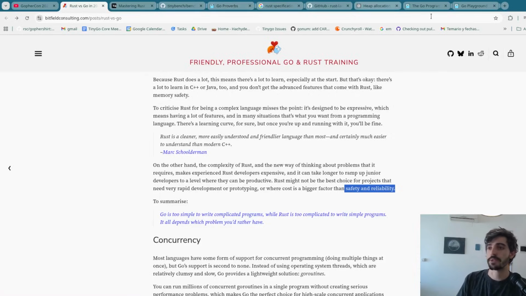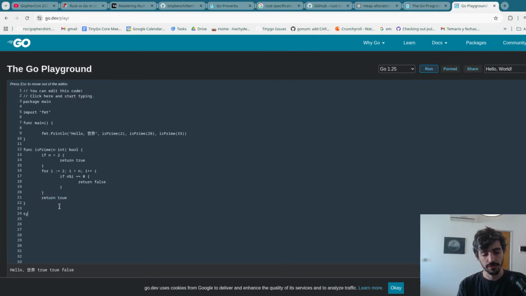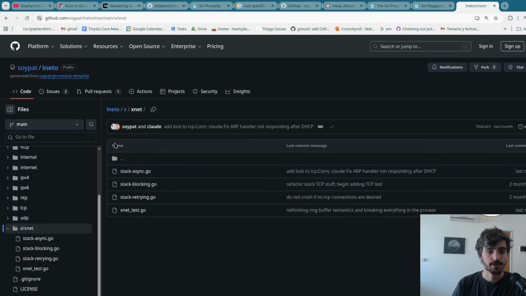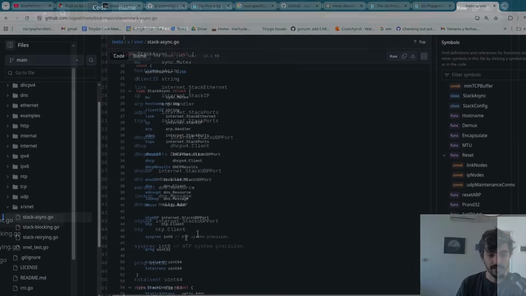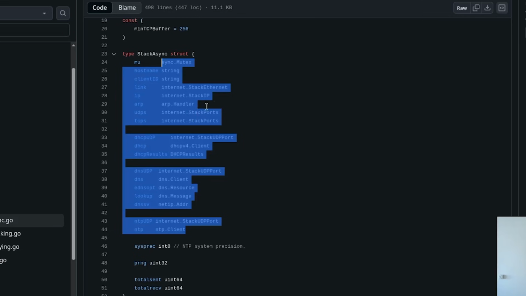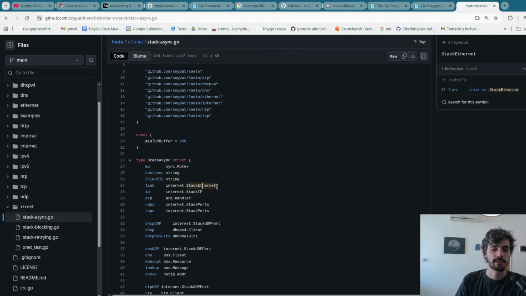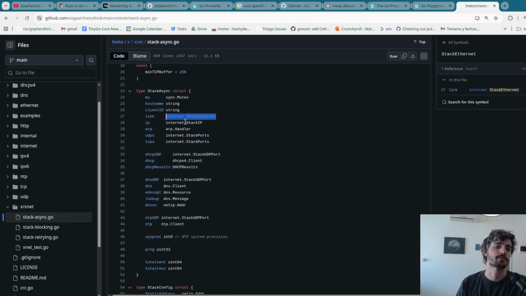Instead of having things be pointers all the time, you can start thinking about structures where you embed types which are not pointers, like I've been doing in my networking user space stack. You look at something like this, and all these are concrete types, and you don't see a single pointer anywhere. None of these things are going to be nil at runtime, and you can program this way. There's nothing that tells you, oh no, this is not the Go way. No, we gotta have a new function for stack Ethernet and a new function for stack IP. All new functions return pointer types. That's something we made up along the way, I feel, from day one of Go. There's no reason we should keep doing things like that.